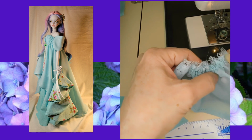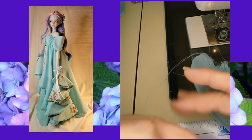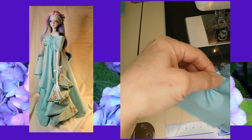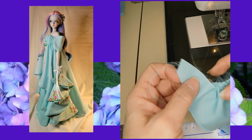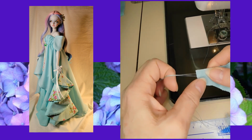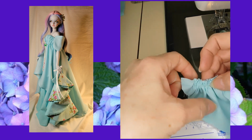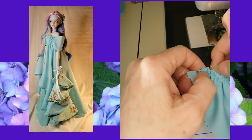So here you can see we've got the top layer gathered and all puckery there. Now we'll do the underlay layer and grab my threads here. And then the other side. Okay. And gently, and use a basting stitch for this. It's just a long stitch, so it's easy to have less tension on your thread,